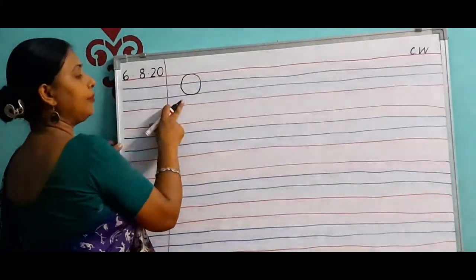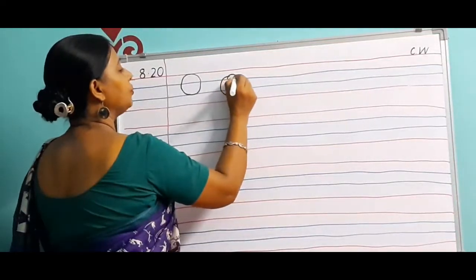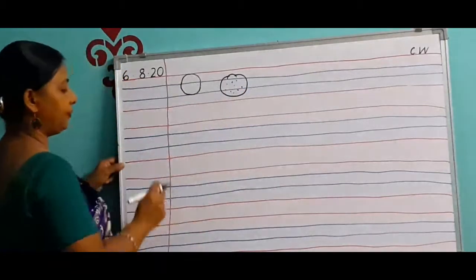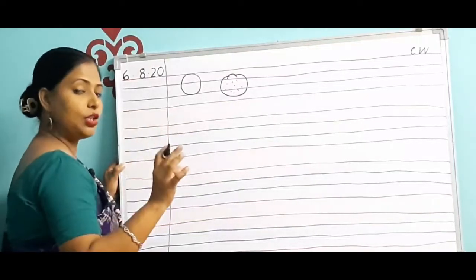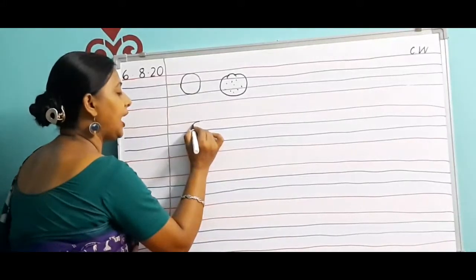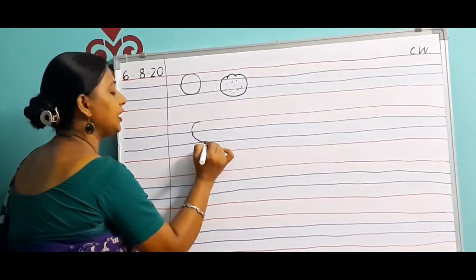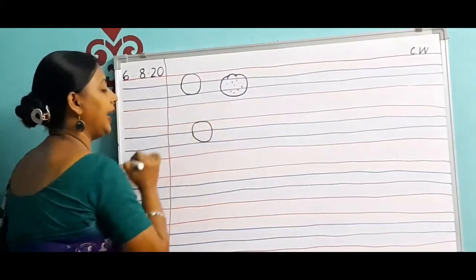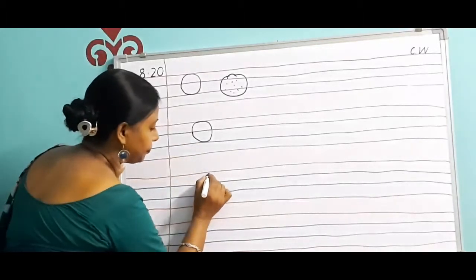So now what has it become? O for orange. I'll draw here an orange. This is an orange. Okay. Once again, from the first line, you don't have to lift up your pencil. Without lifting your pencil, you have to draw a circle like this. From the first line you will start, come to the 2nd line. Okay children, and then touching the 3rd line you will go up and then up to the 1st line and you will draw an O like this. Okay, again watch.